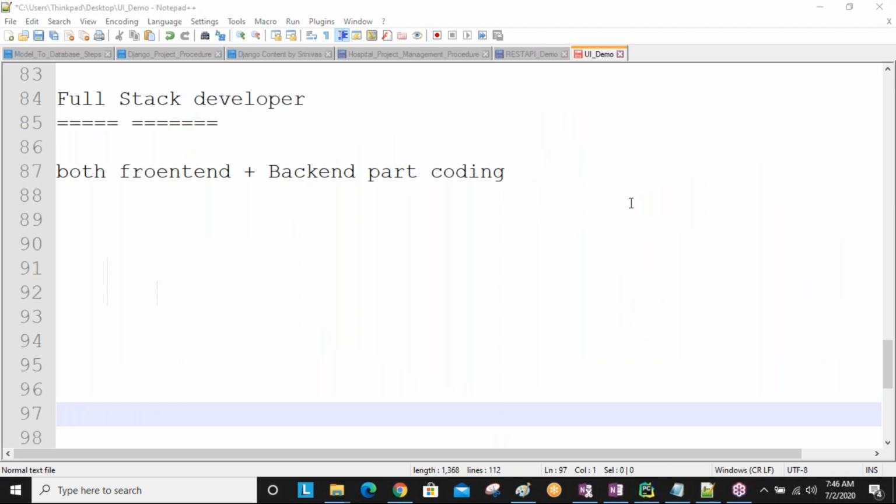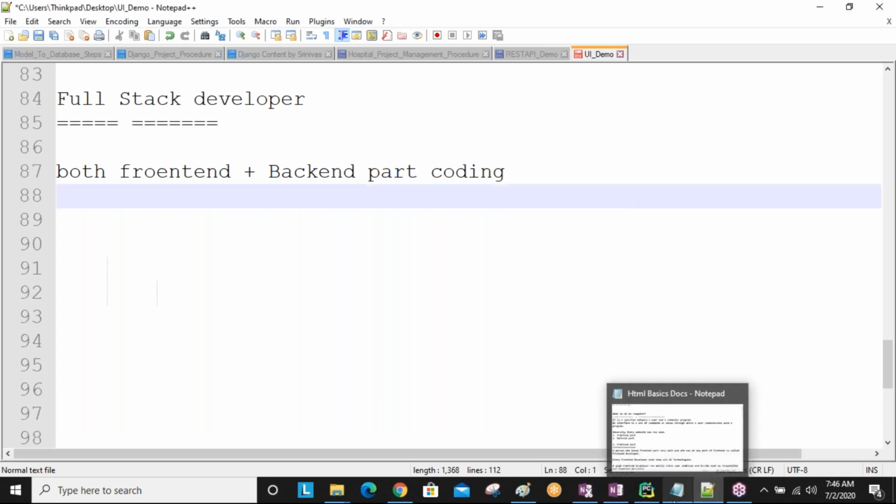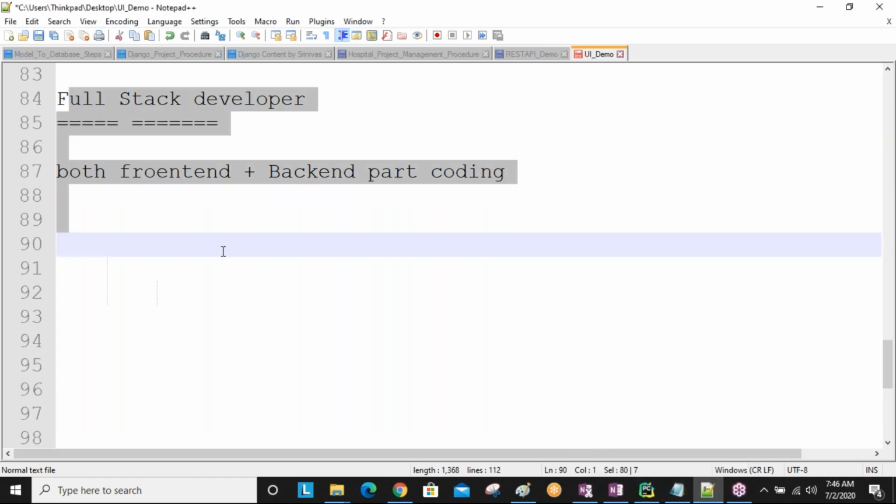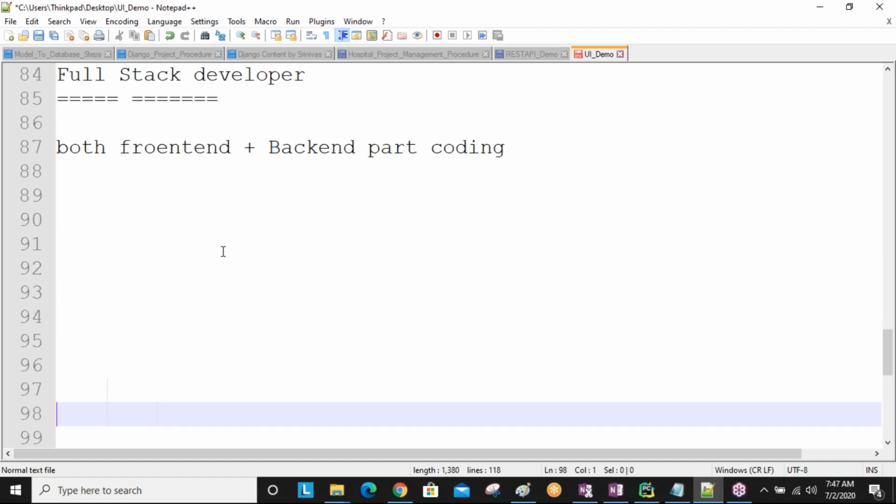Nowadays a full stack developer is in more demand, more respected, and gets more packages also. Okay, so what I am discussing here regularly, everything I'll share to your documentation, sir. I'll take your mails, and everything we are discussing day to day, and what projects we are doing here, you are going to get. Okay, so in this entire session,